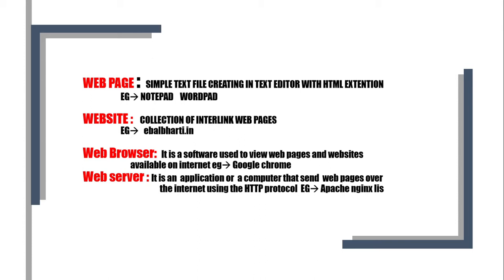Now, this is the web page, but after that we see the website. What does website mean? Suppose you create a.html as one web page, b.html as another web page, and c.html as the third web page. When we link these web pages, like A is connected to B, B is connected to C, and C is connected with A and B, this interlinking between the web pages is called a website.